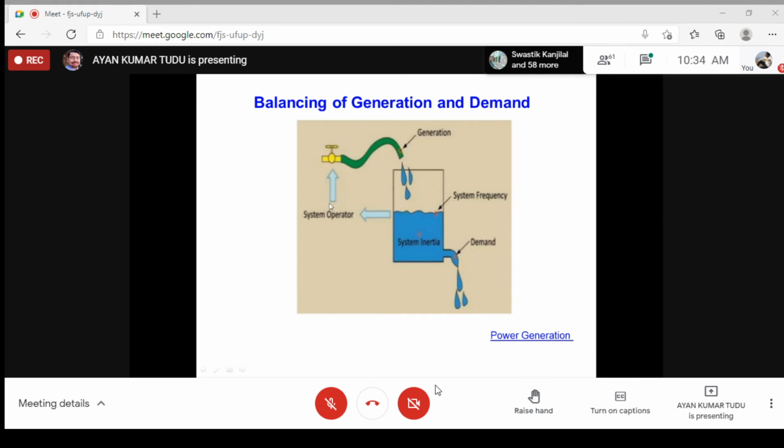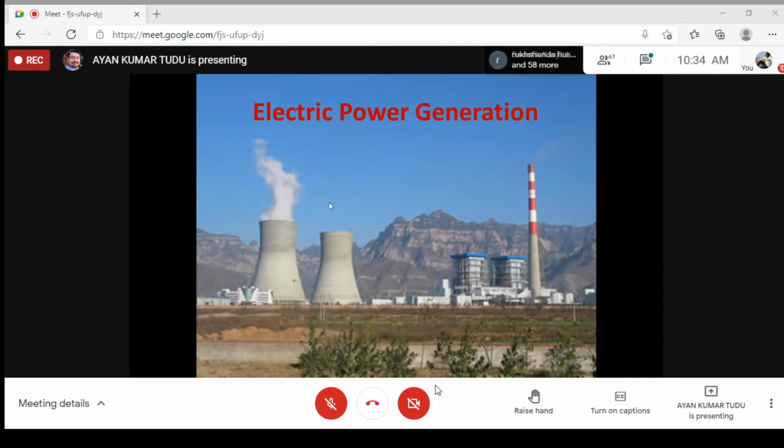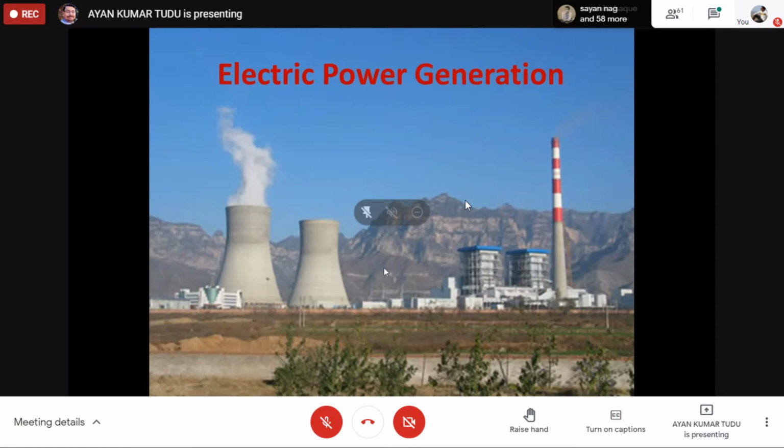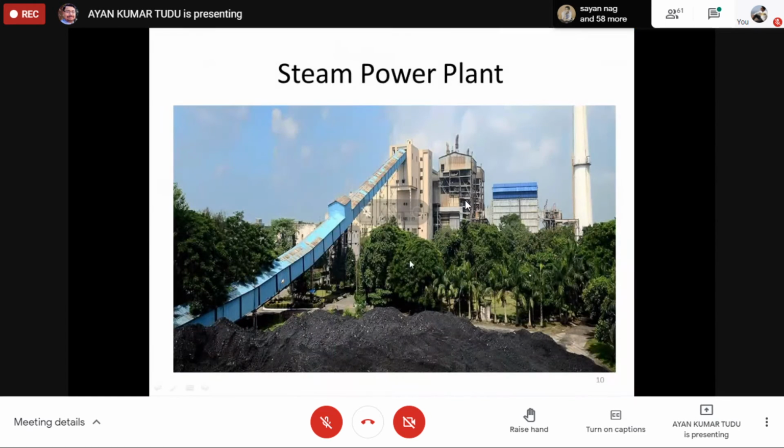Yes, sir. Okay, so this is the typical picture of electric power generation. As you can see, these are the cooling towers, this is the chimney stack. Okay, these are the cooling towers. We'll also all be going into the details of this one after a few classes. This is a steam power plant. Here we have